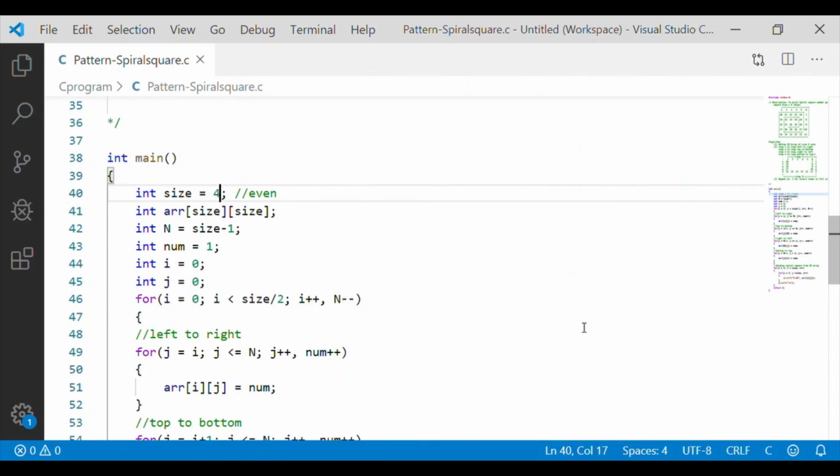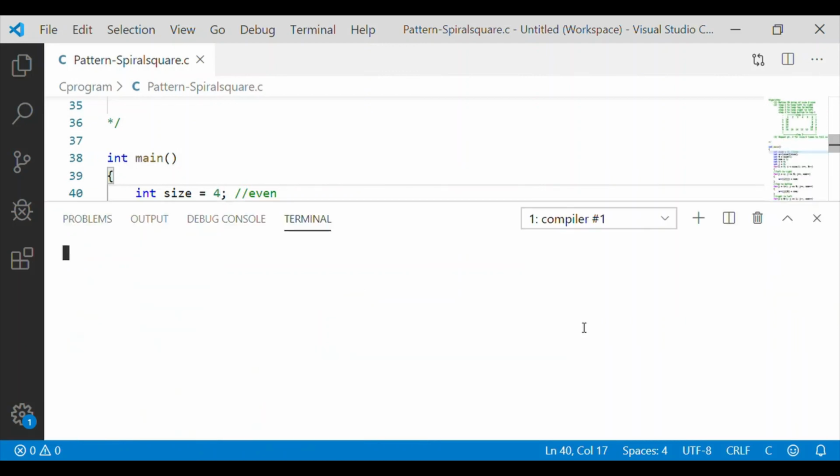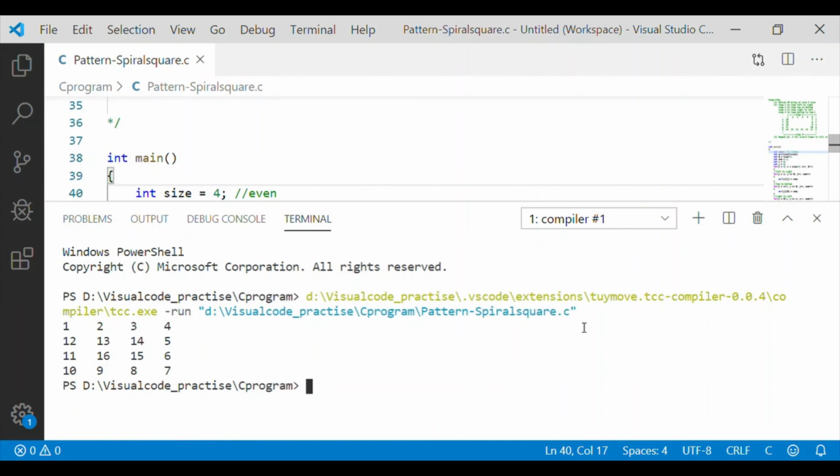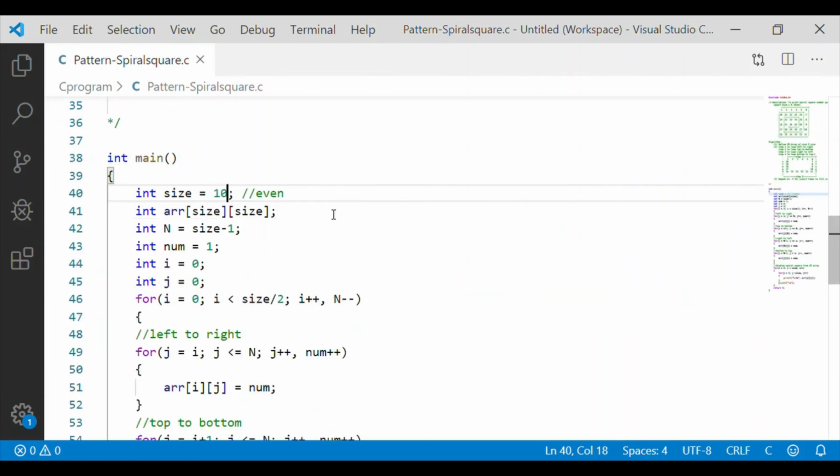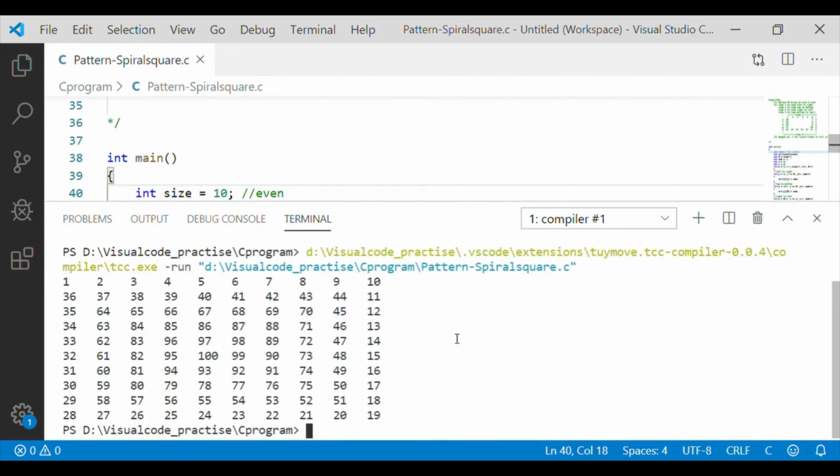Now we will provide size as 4, which gives us a 4 by 4 square spiral pattern with 4 elements in each row. We can also increase the size to get bigger spiral square patterns, as we can see here.